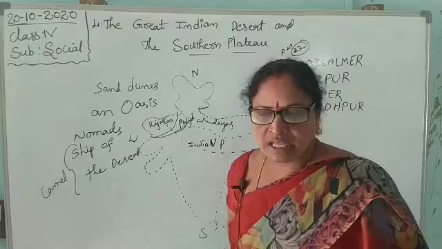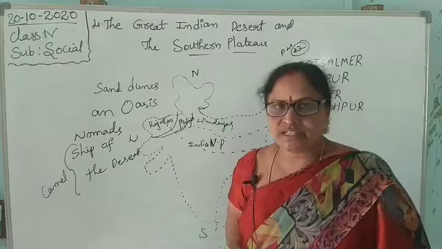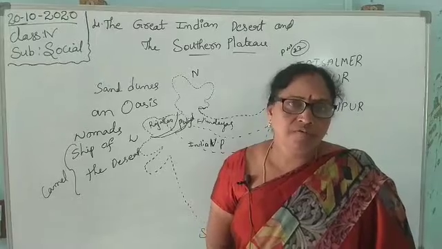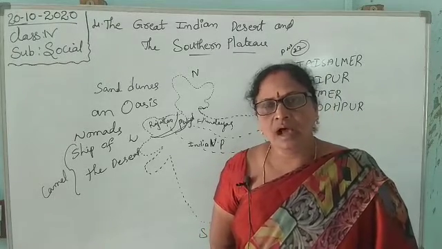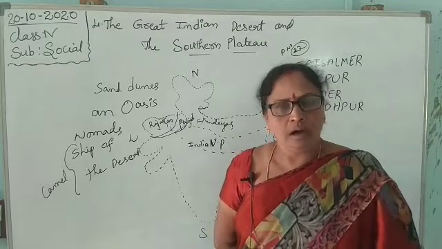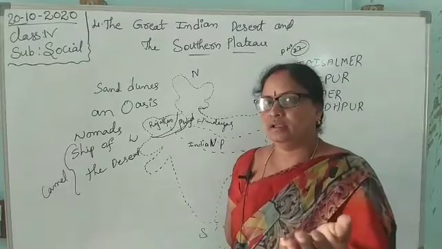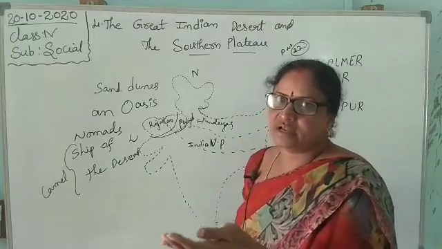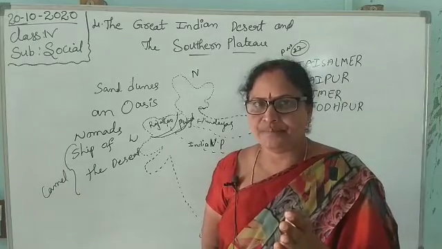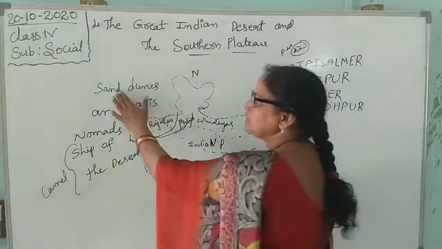It will get less rainfall. It means there is less population. Okay, children. And in the desert area, sometimes the wind can blow at very high speed. When the wind blows at high speed, the sand of the desert also flies from one place to another place, forming small hills of sand. Those small hills of sand in the desert are called sand dunes.